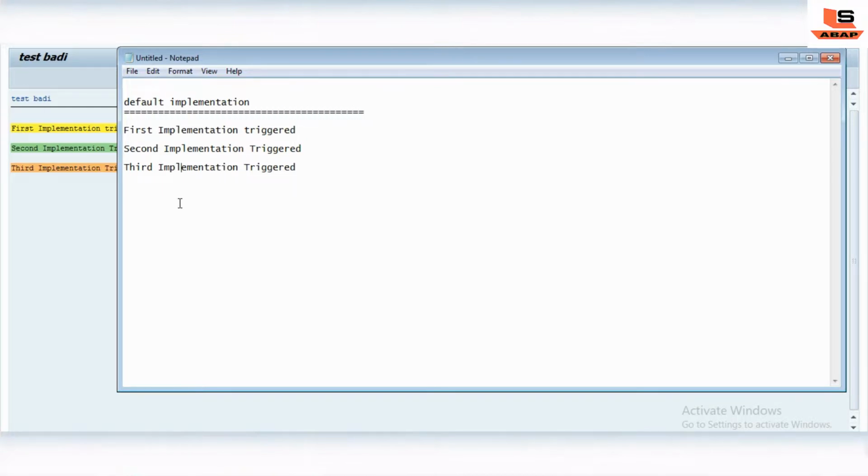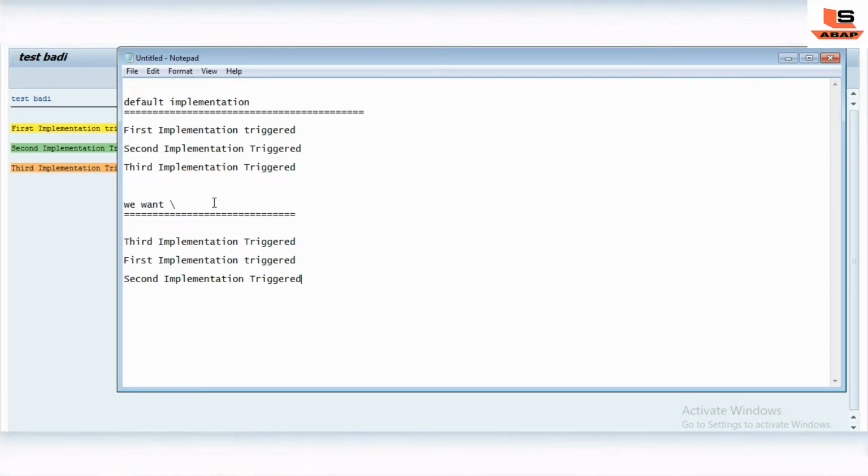Now let's suppose what we want: we want this third implementation to be triggered first, then the first implementation to be triggered second, and the second implementation to be triggered third.